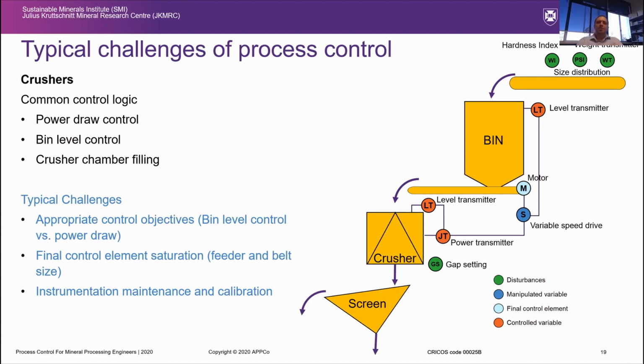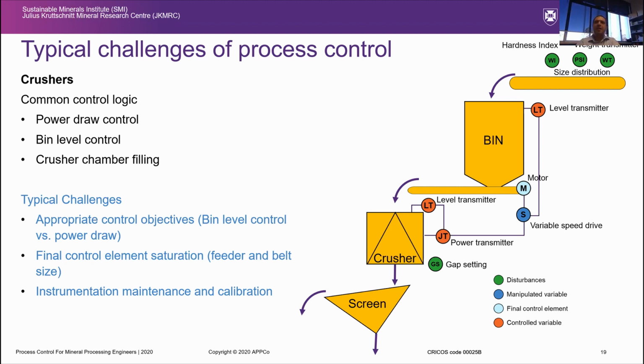So just focusing on a couple of common issues, which we normally observe when we go to operating plants. This one is a simple crusher process and some of the control loops around the crusher plant. Generally, we control the power draw of the crusher, and in many cases, the bin level is important as well, especially around the safety aspect, and also the overfilling of the crushing chamber. So these are the typical things that the control logic normally takes care of around the crusher plant. But in many